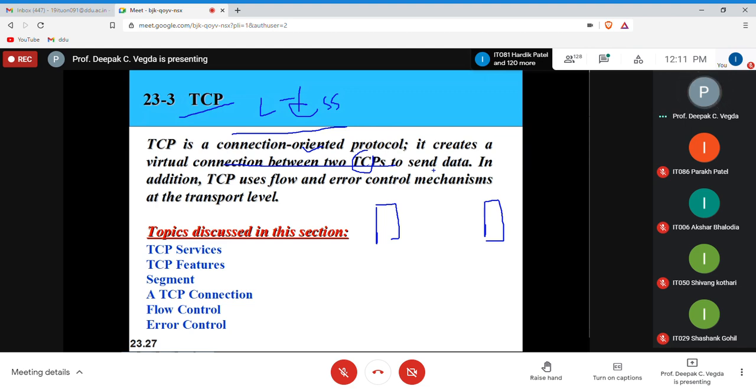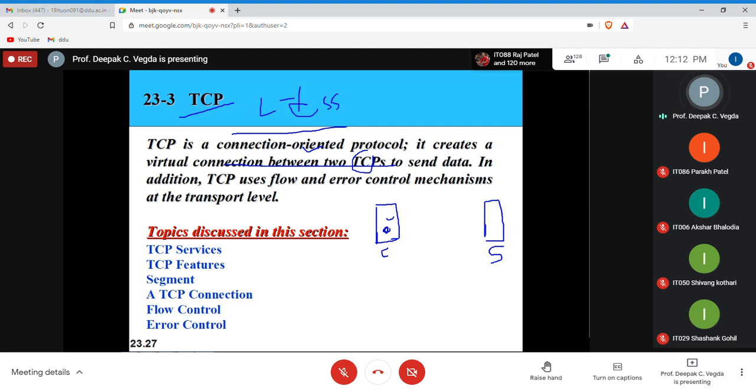But yes, they can build a connection. Whoever is requesting data, suppose this machine is requesting data, I'll say it is the client, and whoever is providing it, I'll say it is the server. It depends on how you are behaving. Now here I want to build a TCP connection. I want to use the TCP protocol, a transport layer.